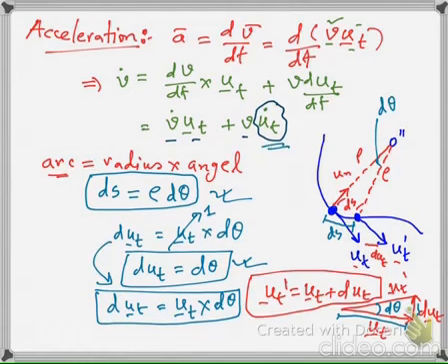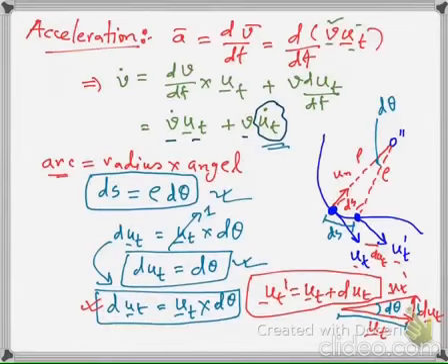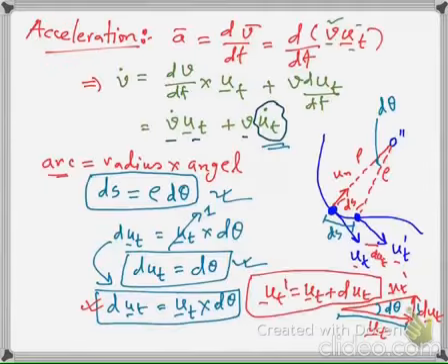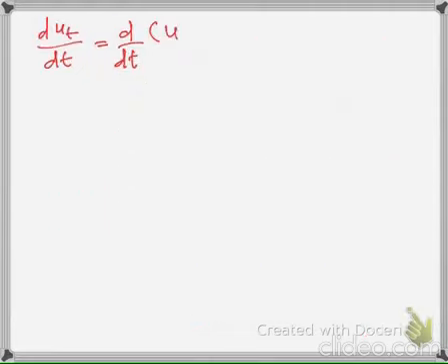If we take the derivative with respect to time of this equation, we get delta ut with respect to time, dt, equals the derivative of time, and we see ut d theta. So ut d theta, they are in multiplied form. Again, if we apply the chain rule, we will get